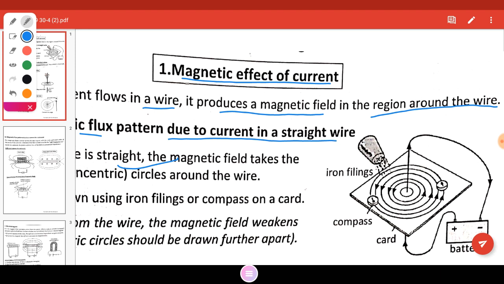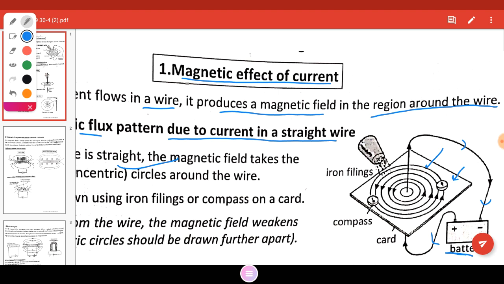If you have a straight wire passing through a cardboard, and this wire is connected with the terminals of the battery. This is the battery, this is the positive pole. The current transfers from positive to negative and goes to the negative pole of the battery. And when we put iron filings,